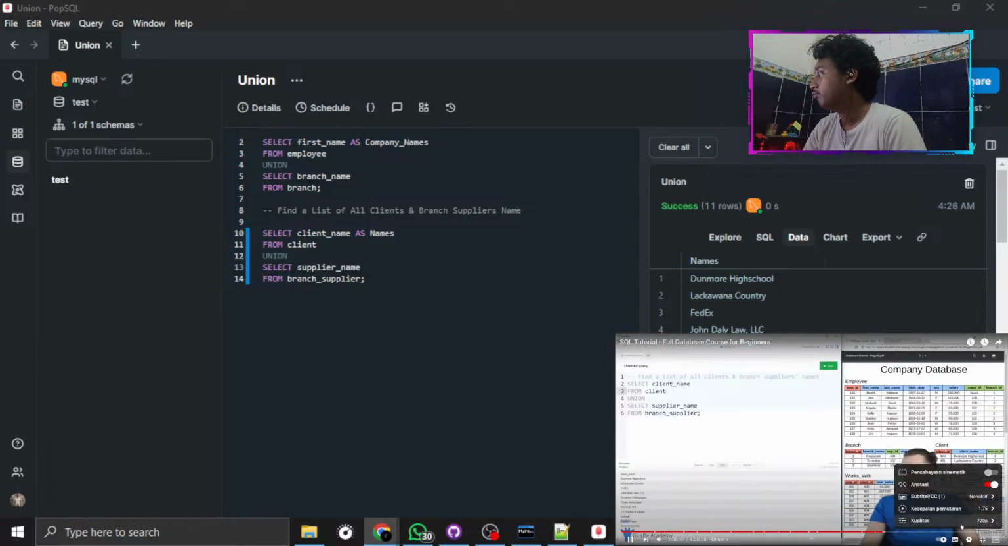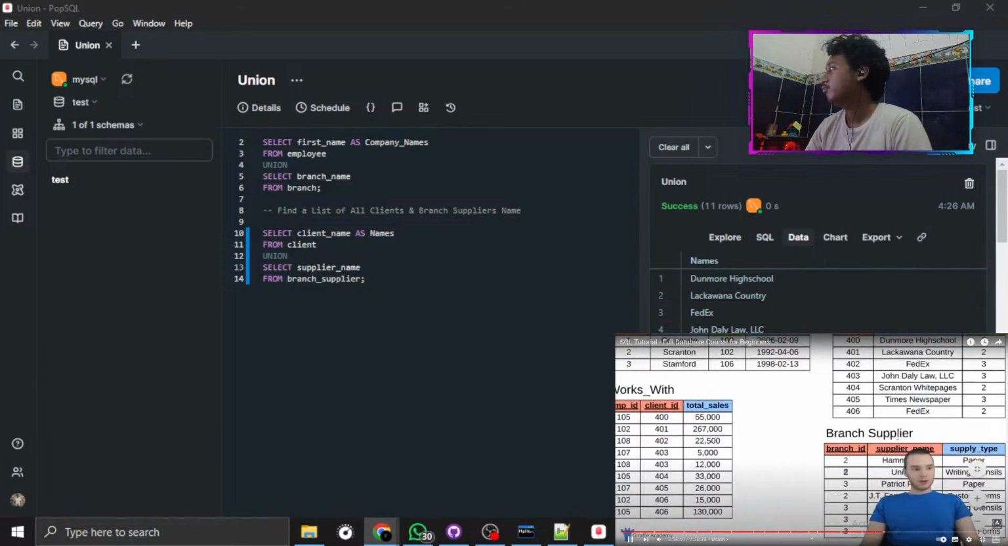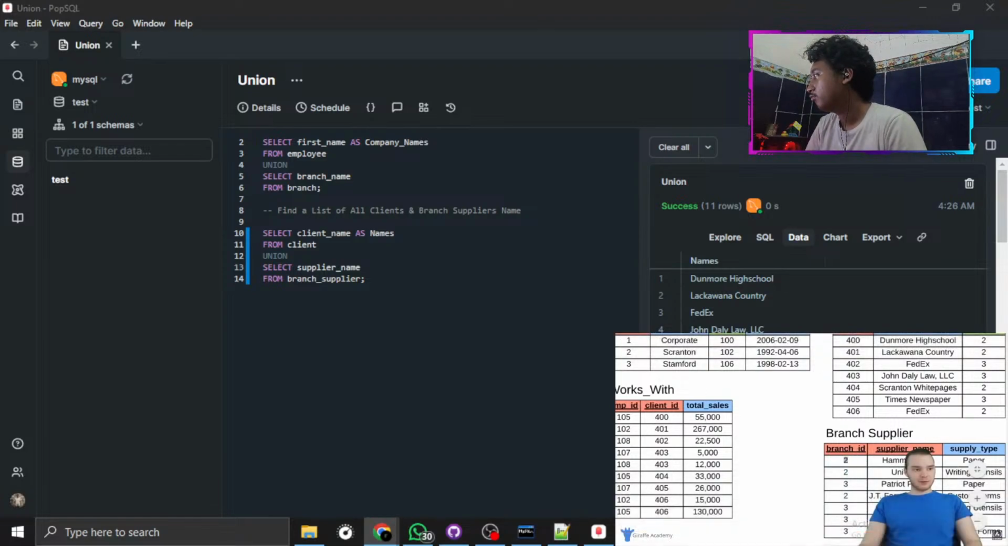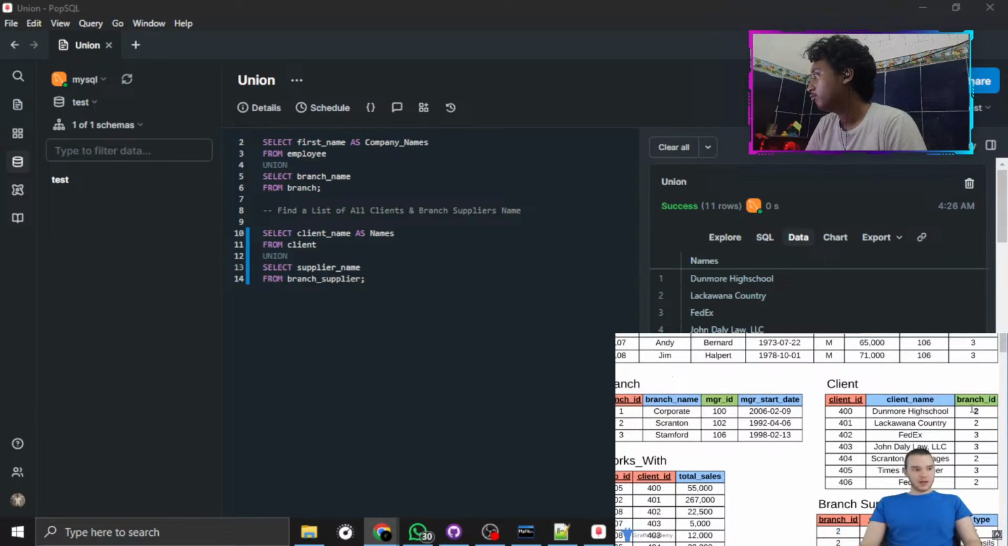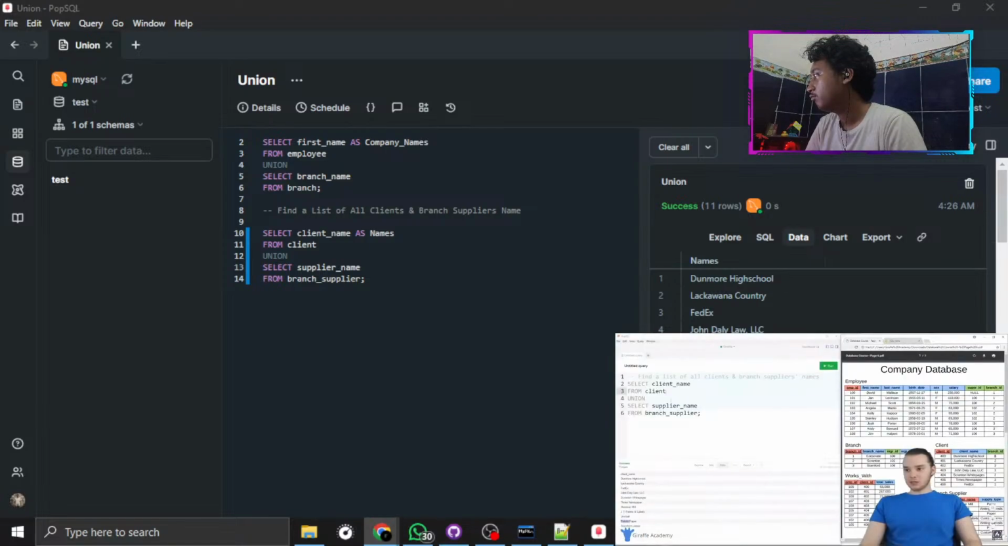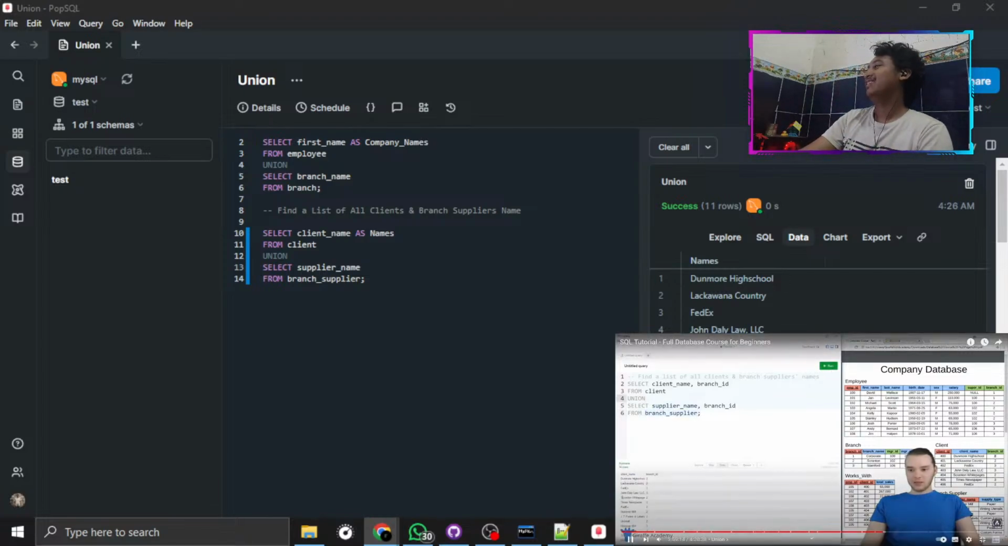And you'll notice over here on the client table and the branch supplier table, both of these have a branch ID column. So the branch supplier has a branch ID column, and the client has a branch ID column. So what we could do is we could use that. So I could say like select client name, and we could also select branch ID from client, and we could select supplier name and the branch ID from the branch supplier, and that'll give us now not only the client names and the supplier